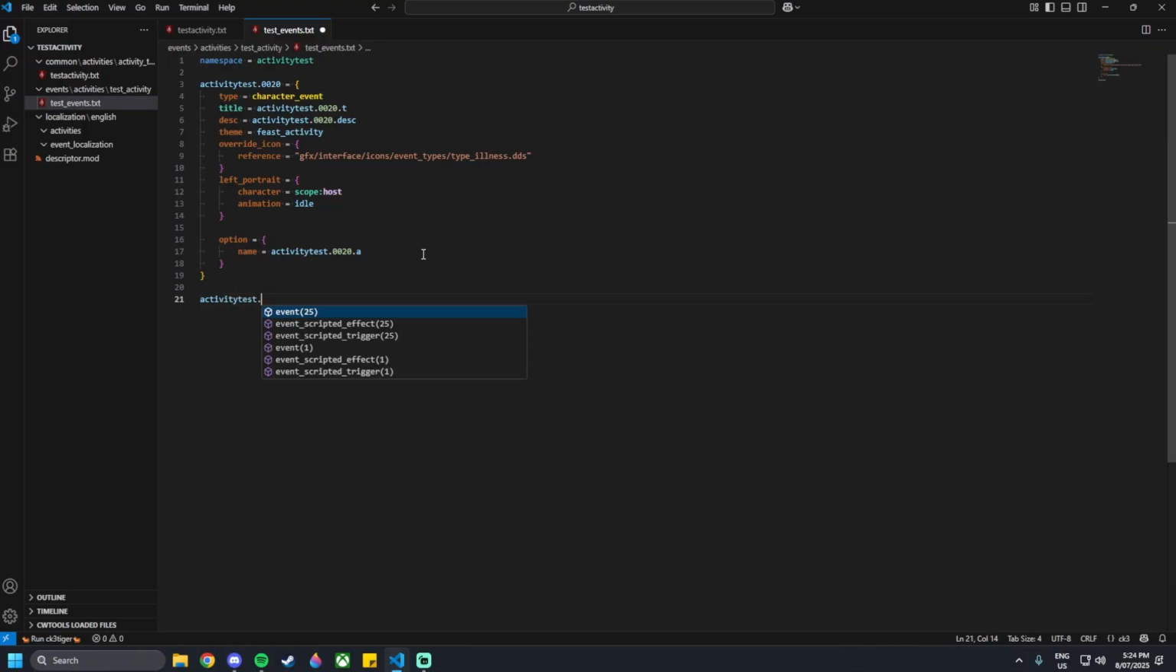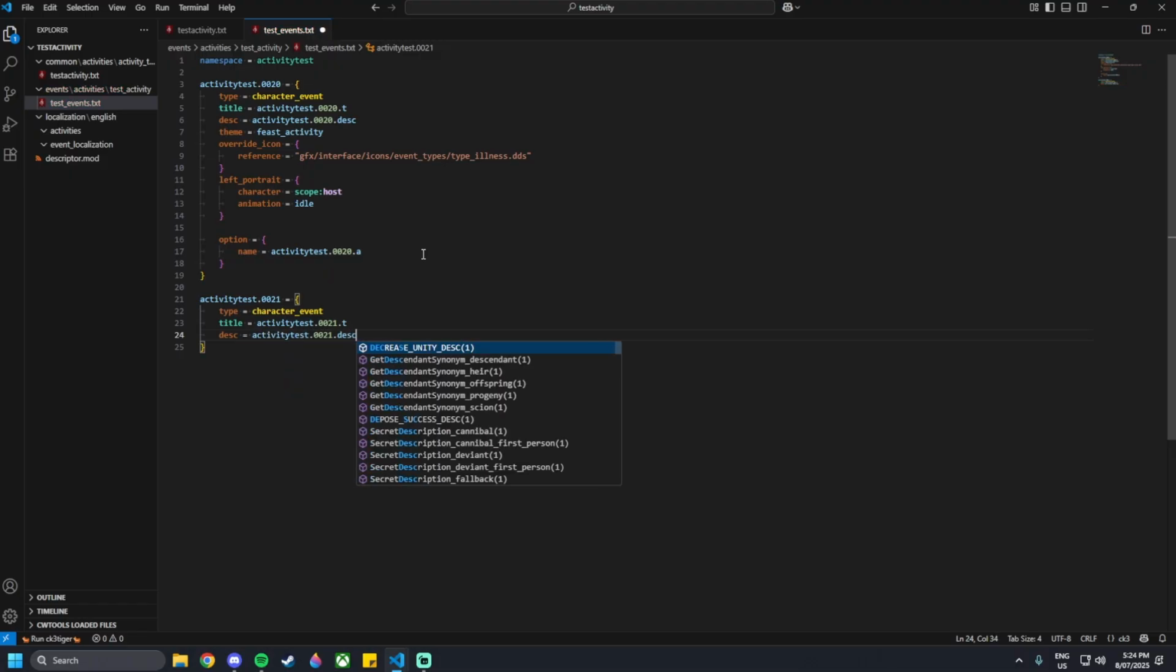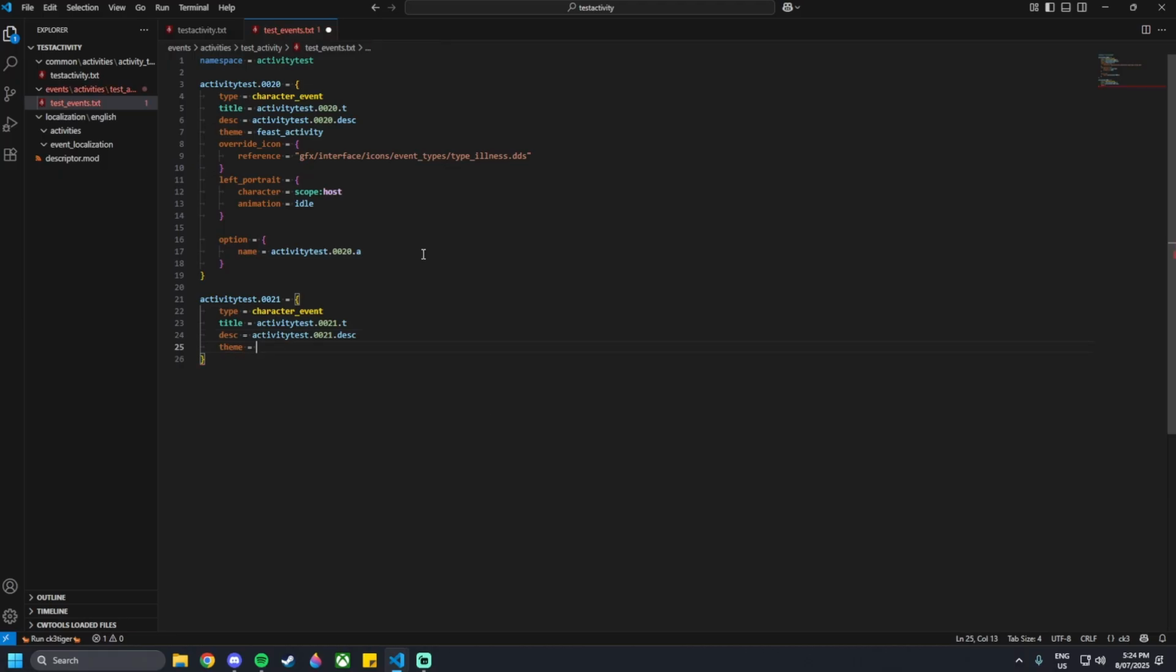So activity test.0021 equals curly brackets, and then type equals character event, and then title equals activity test.0021.t, and then the descriptions are DESC equals activity test.0021.DESC, and then the theme for this event we're going to put as a feast activity, and then we're going to do override icon, and then put the same as before, so copy paste that over. But we're going to change the type_illness to